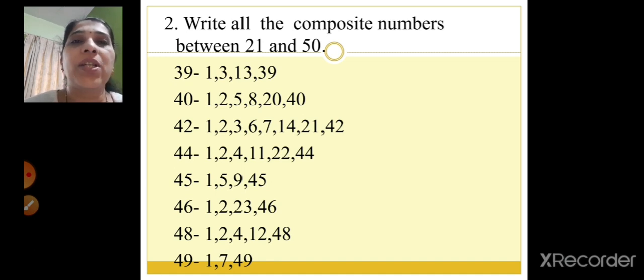So I hope students you have understood the difference between the prime numbers and the composite numbers, right? So this was just for your understanding that there are so many factors, so that's why it is called a composite number. So in the next session, children,